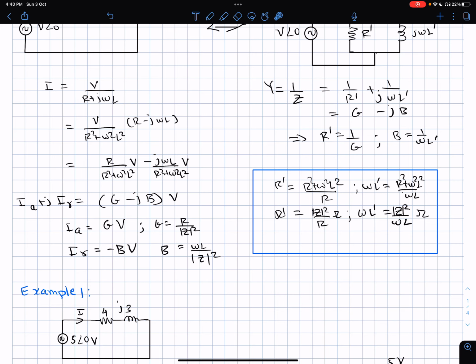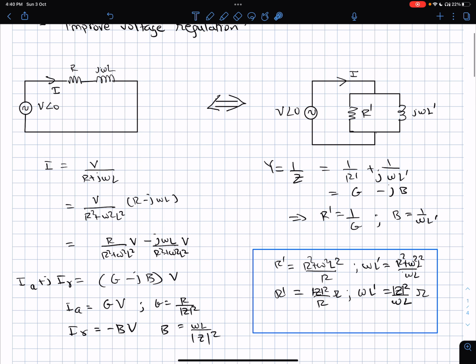Now, the same thing we can express as a parallel circuit. Let's see what happens in the parallel circuit. So in the parallel combination I am writing it as R dash and j omega L dash. So the reciprocal of the net impedance, 1 by Z, is going to be equal to 1 by R